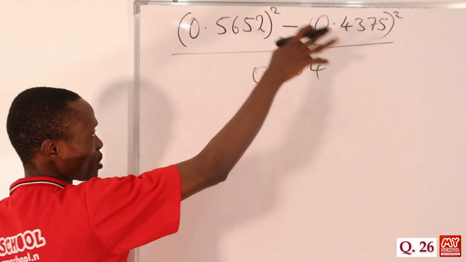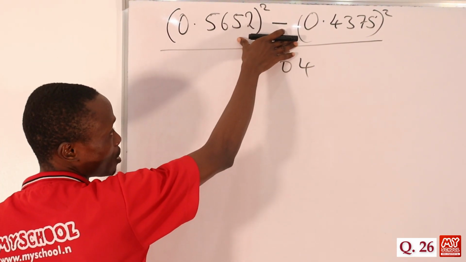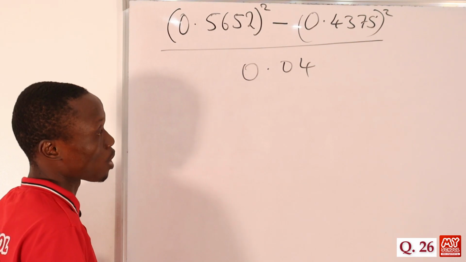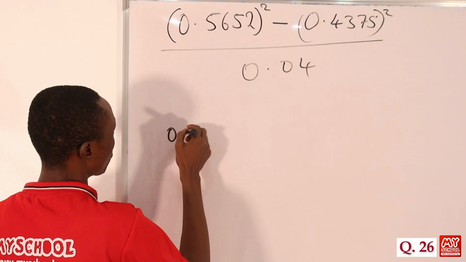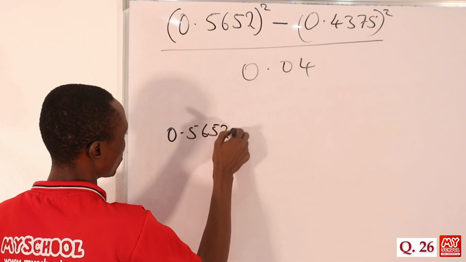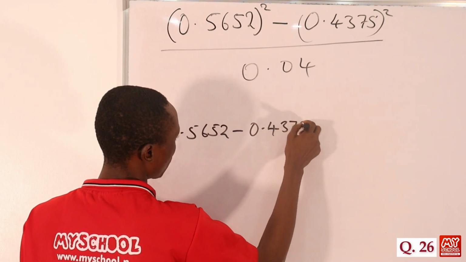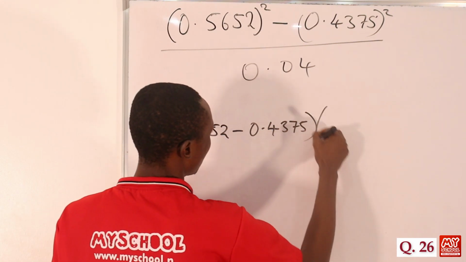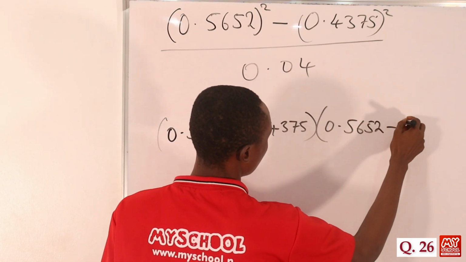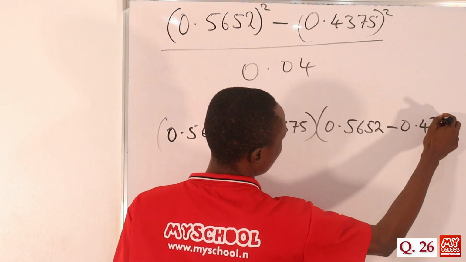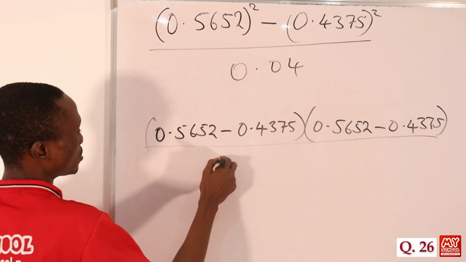So this is what we're actually given that we are asked to evaluate. From what you can see here, we have to use difference of two squares. So in that case we'll be having 0.5652 minus 0.4375 in one bracket, then 0.5652 minus 0.4375 in another bracket over